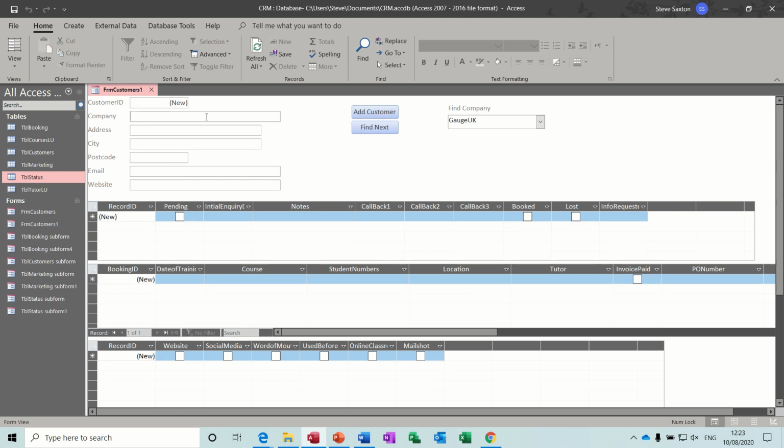So now if we want to create a new customer, we go add customer, it goes blank. So let's add a customer. So we'll call this Wright Brothers, address 1 Red Street. It's quite hard to remember addresses. Call it Bradford, postcode BD2 RT, email